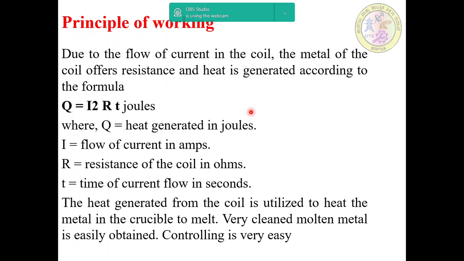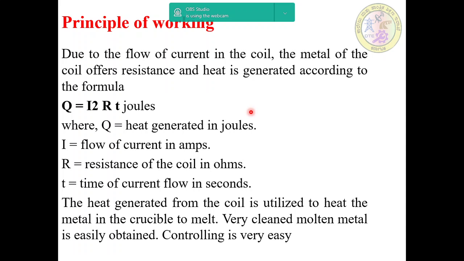The heat generated from the coil is utilized to heat the metal in the crucible to melt. Very clean molten metal is easily obtained, and controlling is very easy. This is about the